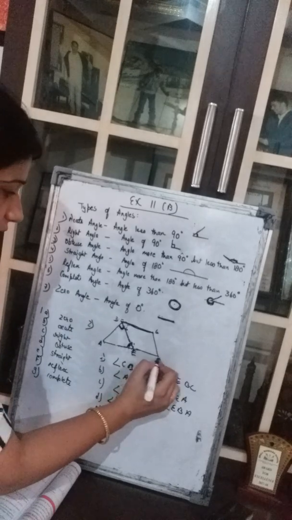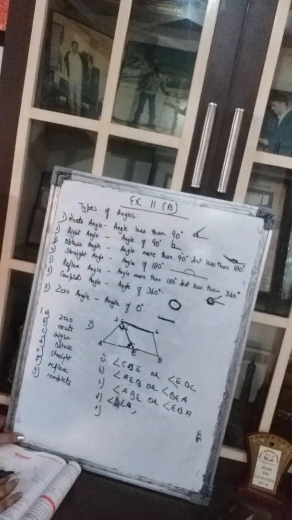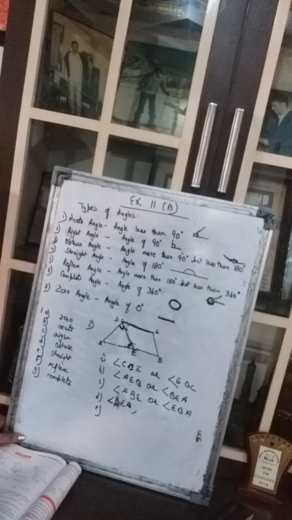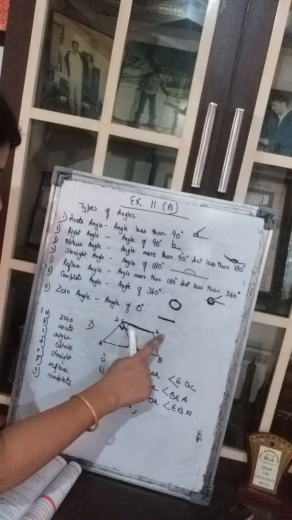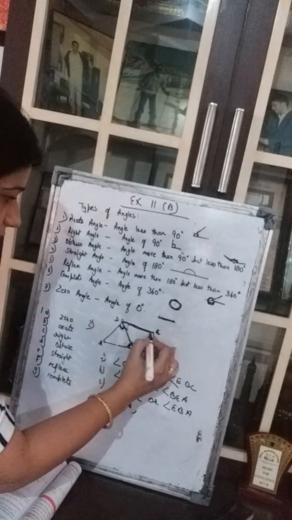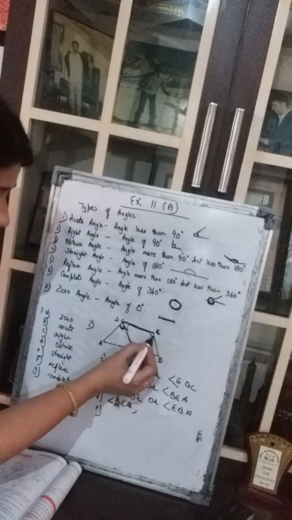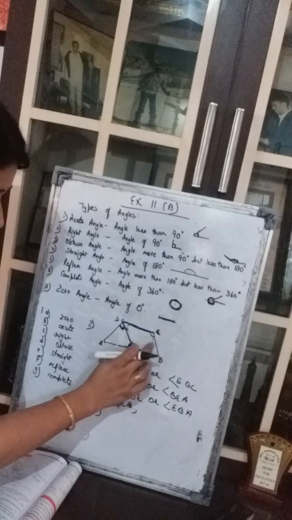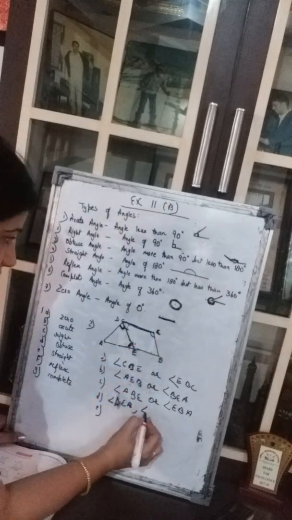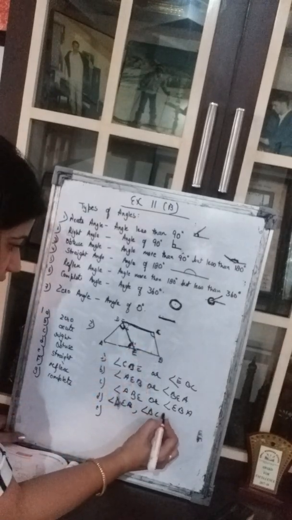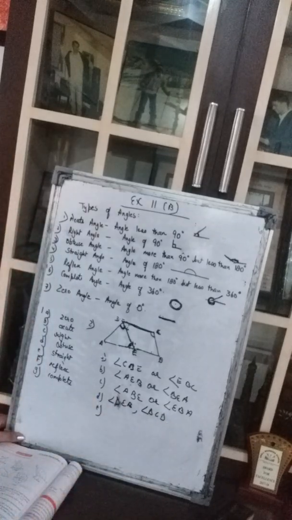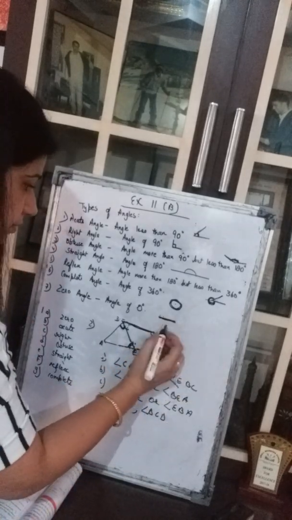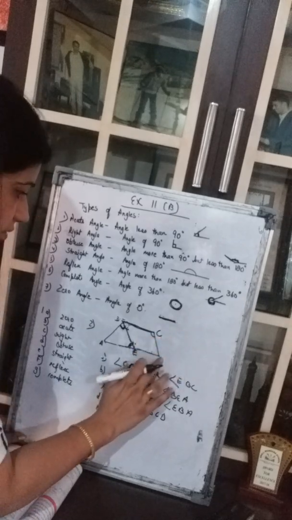Okay. Now which is the other obtuse angle? Can you tell me, girls? Is there any other obtuse angle here? The other obtuse angle is BCD. This is also an obtuse angle, because had it been a right angle, it would have come here. But it is going more than this. So this is an obtuse angle. So angle BCD. Clear? This is C. And this is D.